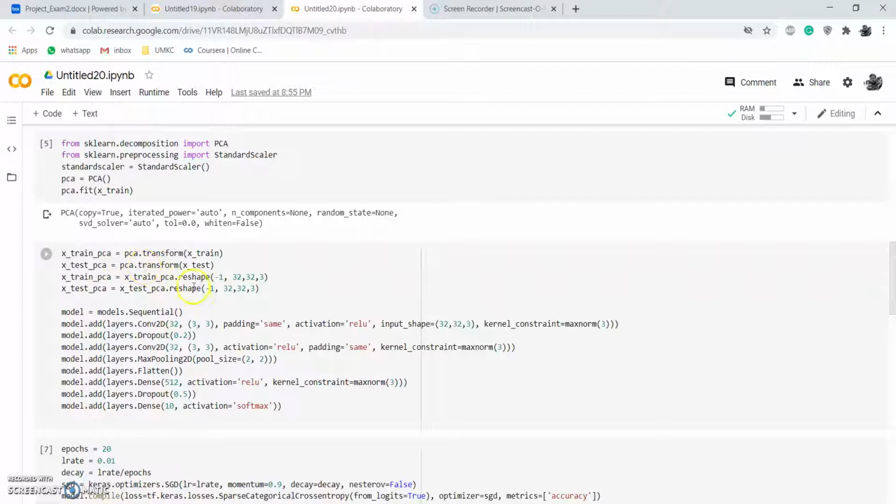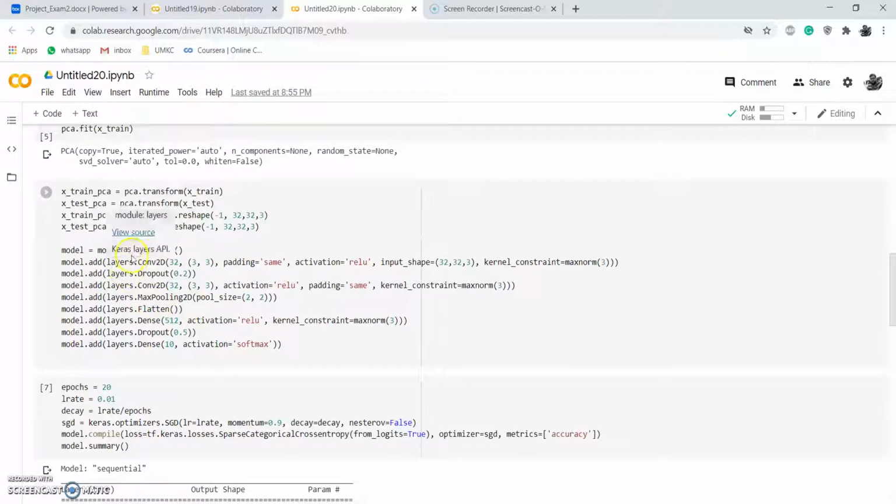So I am converting them again into original shapes like 50,000, 32, 32, and then I'm passing it to the same CNN